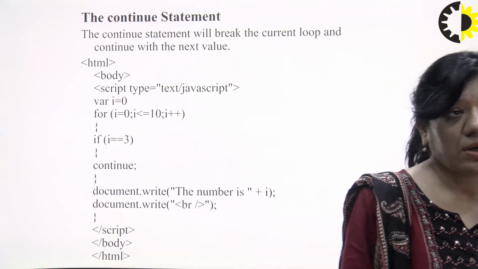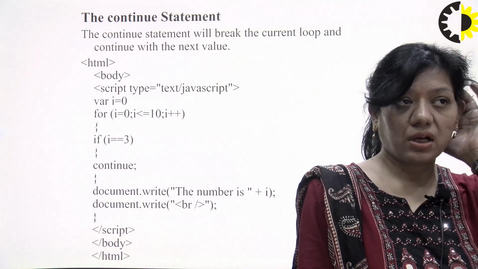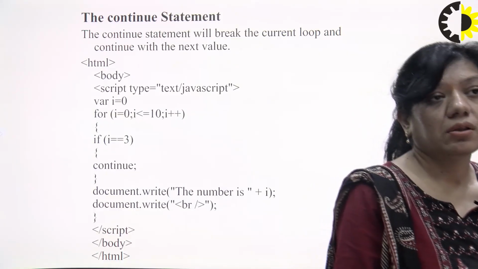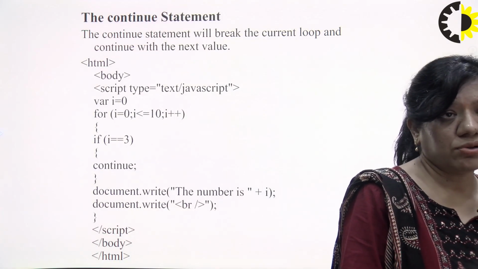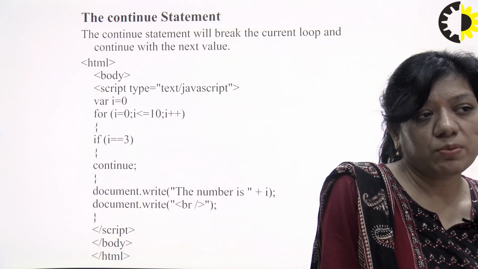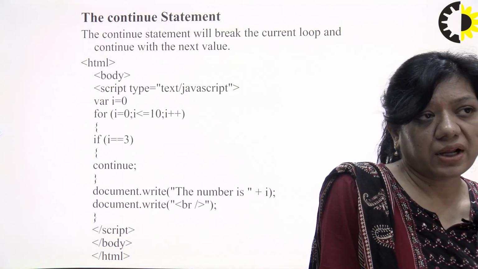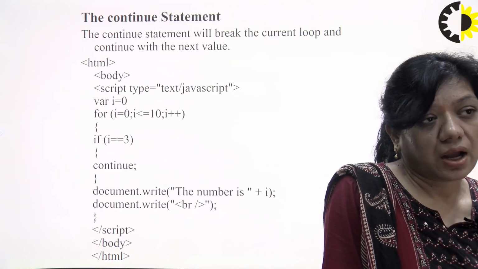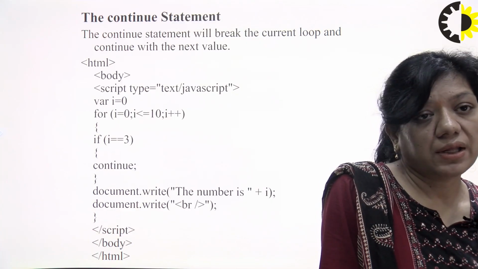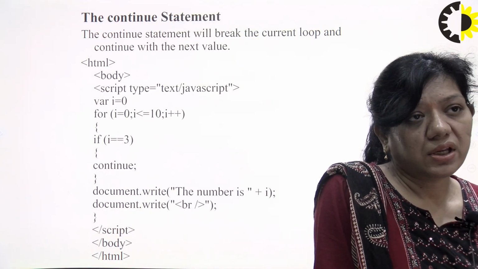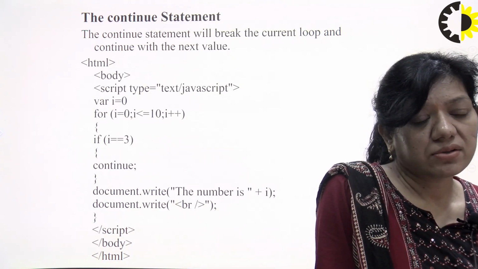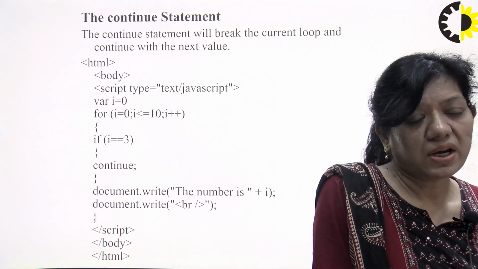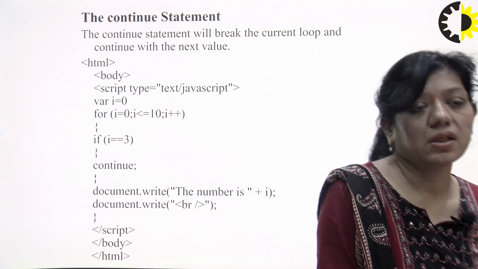Now the continue statement. So the continue statement will break the current iteration and continue with the next line. So basically the continue statement अब जो हम current में loop use कर रहे हैं उसको break करेगा और next line पे आके आप फिर से continue कर लेंगे. तो again I have written I is equals to 0 से लेके 10 तक हमें value print करनी है. तो when I is equals to 3, उस टाइम पे हम loop से बाहर हो जाएंगे. बट जो हमारा next statement है, next value है, वो आपकी as it is continue चलेगा.